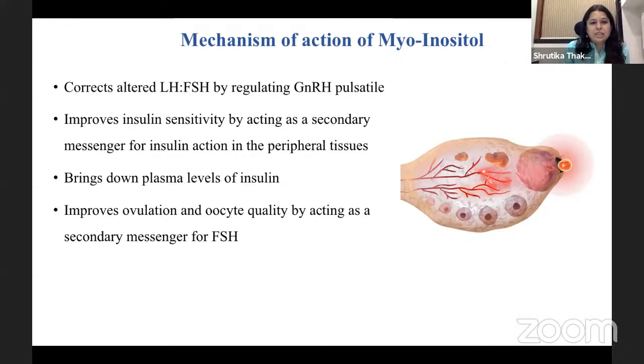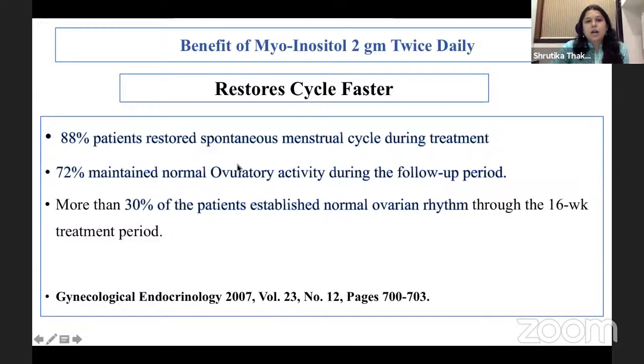It improves the LH receptors, and it makes the ovary sensitive to FSH and LH, and thereby it causes better follicular genesis in the ovary. So this we see when we give myo-inositol therapy to our patients. We see that when we give 2 grams twice a day, there is better restoration of cycle